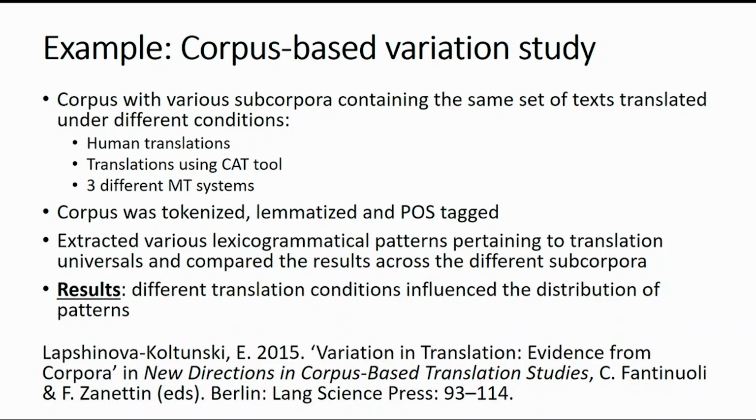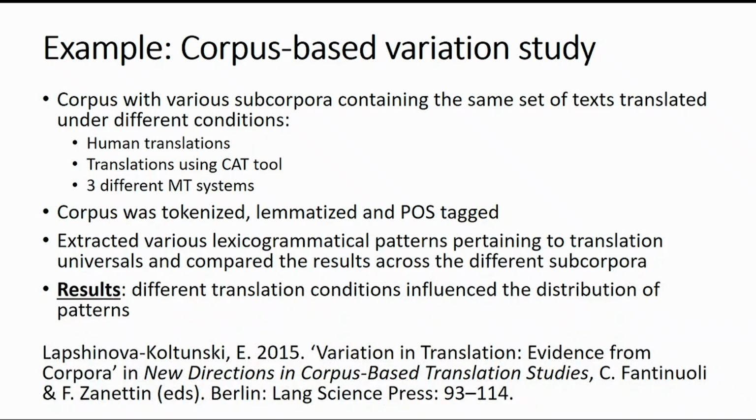There were translations produced in a CAT tool, so again, a translation memory environment, and then 3 different machine translated versions of a text. So the large corpus was categorized by the tool or tool condition under which the texts were produced. And then they did some processing on the corpus. They tagged it for part of speech and lemmas,